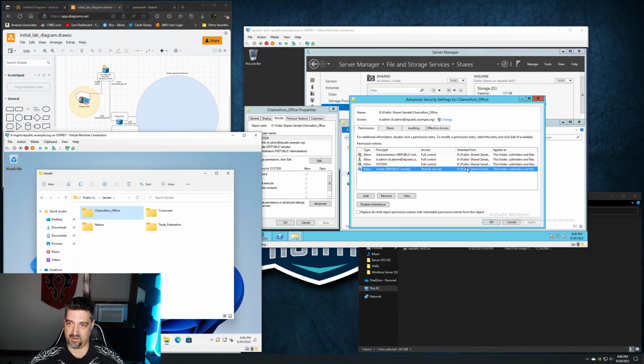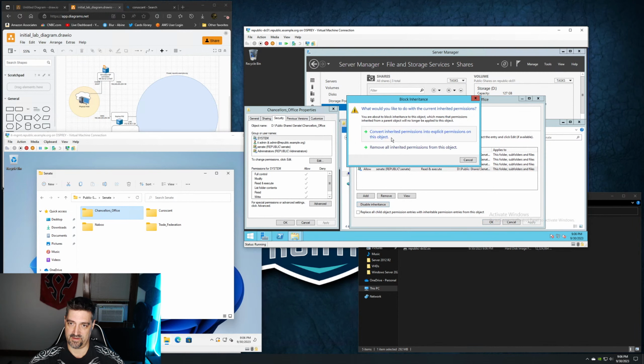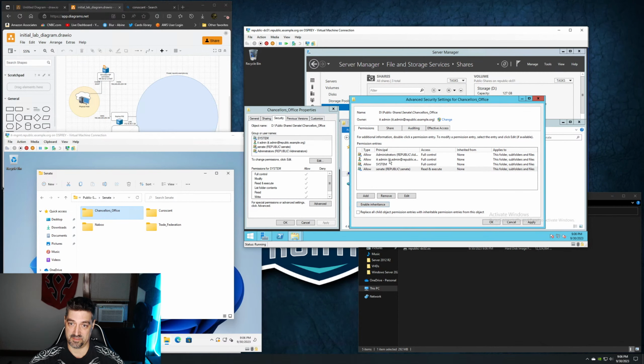First off, our first problem is that they're inherited. So disable inheritance and convert the inherited permissions to explicit. Select Senate, because we don't want just anybody in the Senate to get there. So we're not going to edit, we're going to remove them. We're going to add,